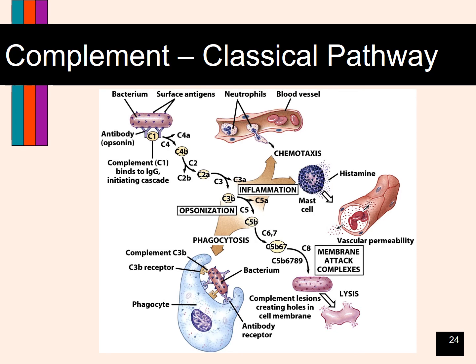It would bind to C1 and activate it, and then C1 is going to split C4 and activate it. C1 also splits C2 and activates it. And then C4b and C2a together would activate C3. C3b